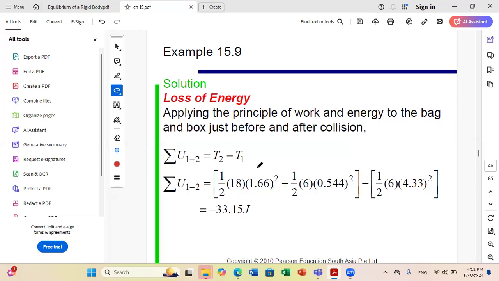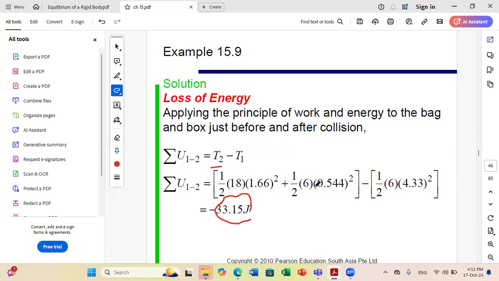Now, sometimes when we say calculate energy loss, because we said it's a loss, we find it in absolute value. I mean the loss is T1 minus T2. The loss of energy is equal to 33.15 joule. Okay, and to compute it, we just have to calculate the final kinetic energy, which is half MAVA2